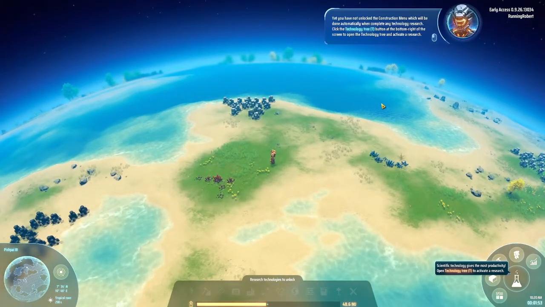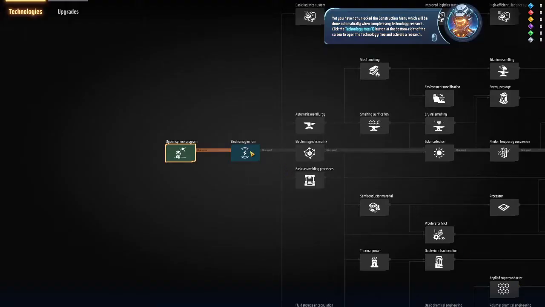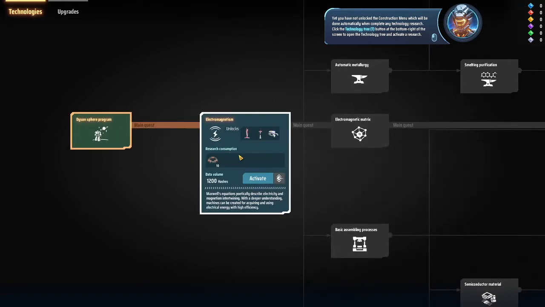Yet you have not unlocked the construction menu, which will be done automatically when complete any technology research. Click the technology tree button at the bottom right of the screen to open the technology tree and activate a